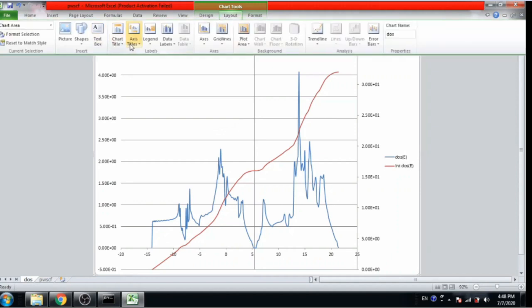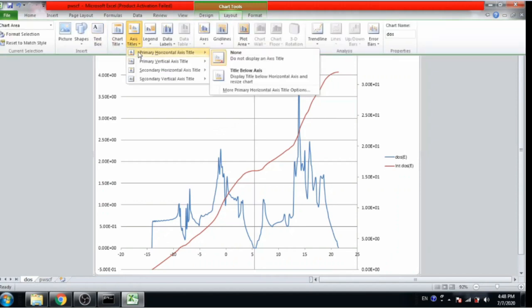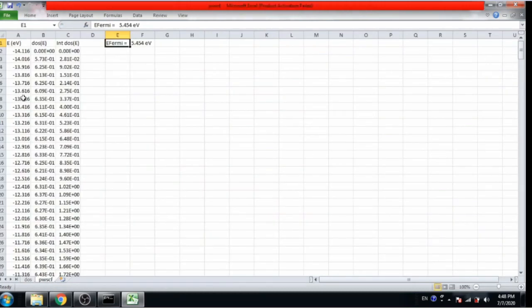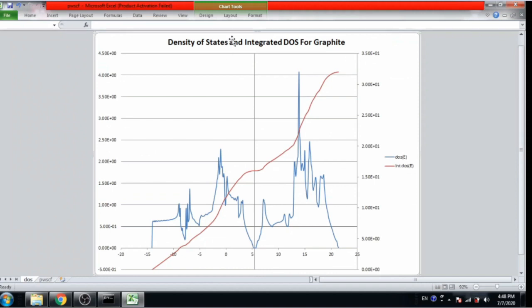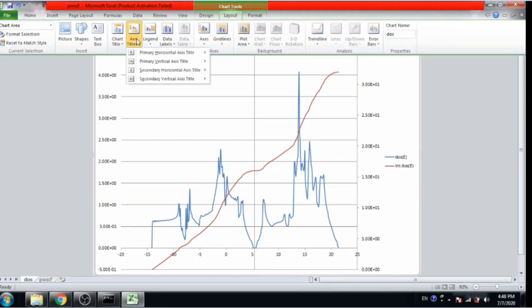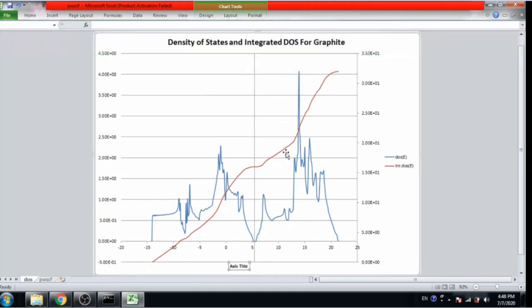Now again layout, assign the labels to the axes. For the horizontal axis, we know that on the horizontal axis there is energy in eV. So again layout, axis title, right here energy in eV, electron volt, capital V.